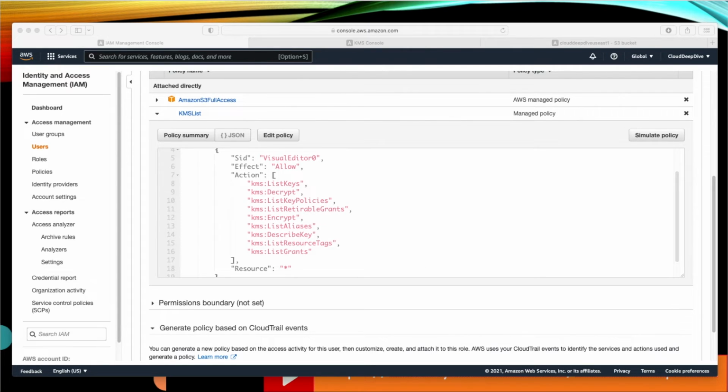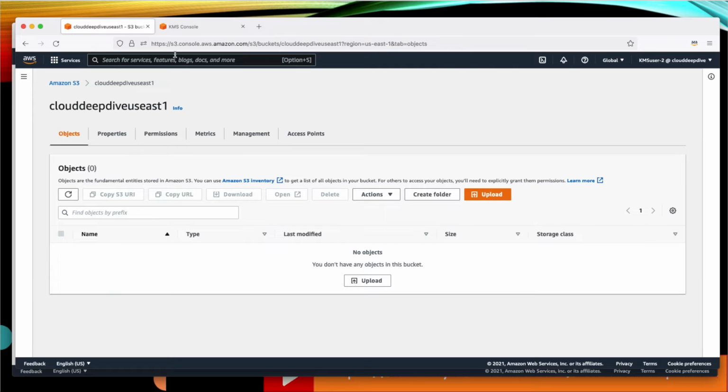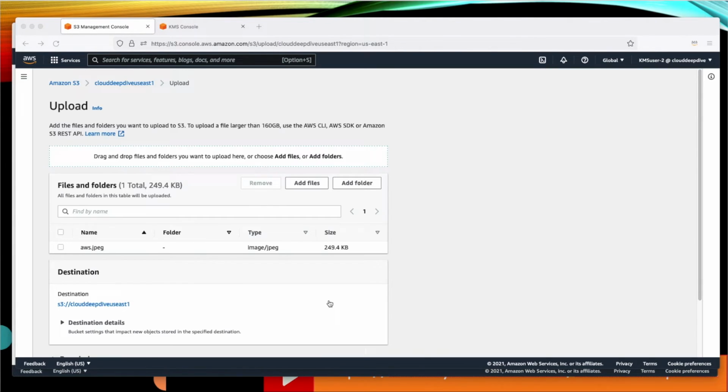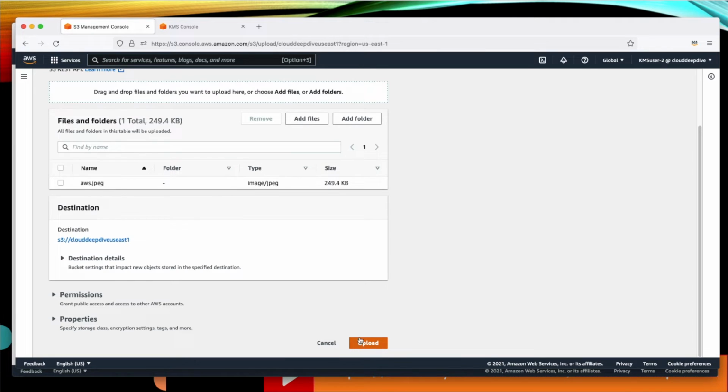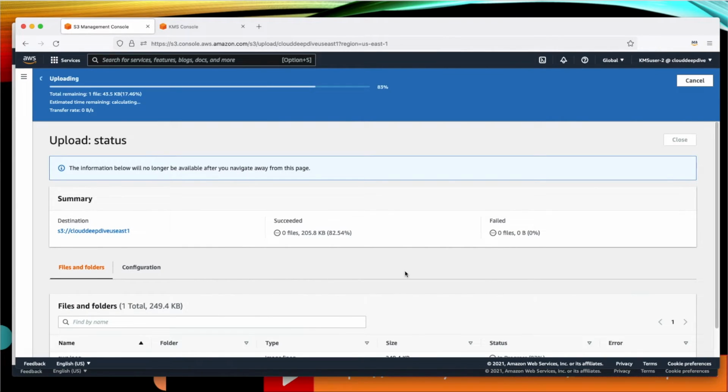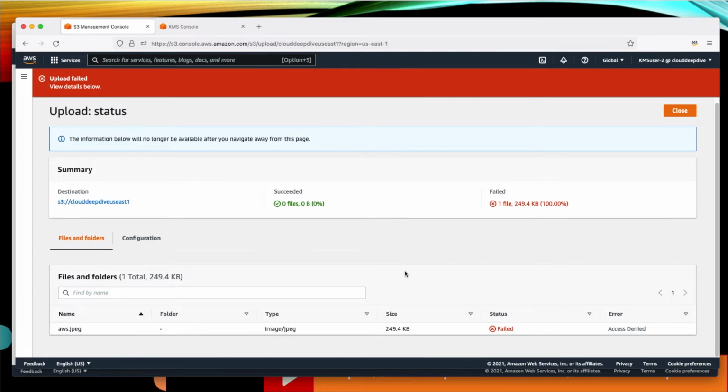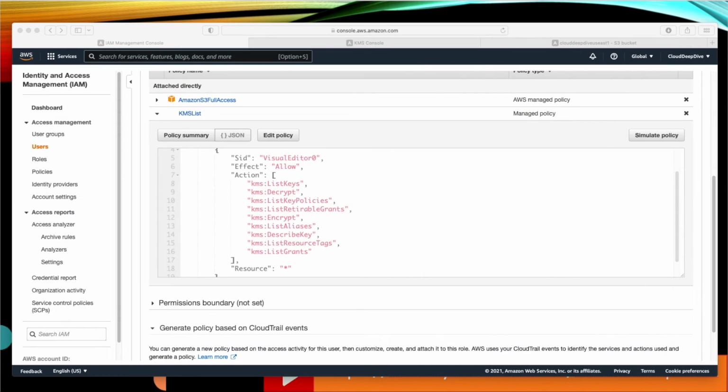So let's see whether the user is able to upload the data to the S3 bucket or not. If we use the AWS image and try to upload it, it failed, and it's saying that it does not have access, it does not have permission to upload the files. And the reason for that is whenever you upload or an AWS service tries to do the encryption, the way the